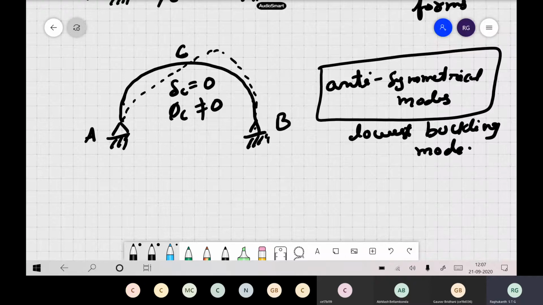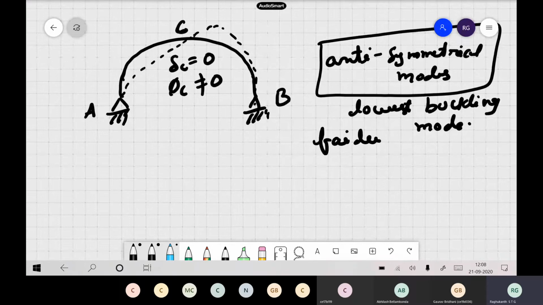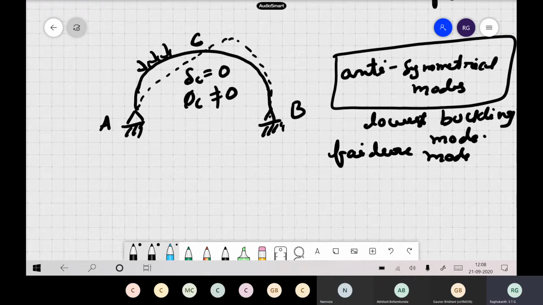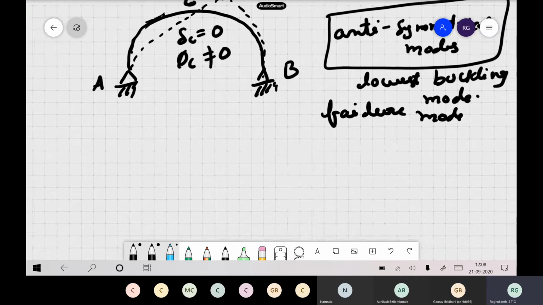So generally in arches, this is the anti-symmetric mode, these types of buckling modes. People see how the arches fail also. You can see these types of failure modes, most of them will be anti-symmetric. Sir, is this the case only for radial loads? Of course, it depends on the type of loading also. Suppose you have a load like this, if it is not uniform, if it varies. But in most of the cases, the anti-symmetric mode is the one which gives the lowest loads. It depends on the problem, as you know, problem to problem. But in most cases, anti-symmetric only works out to be the lowest case. Is it fine?